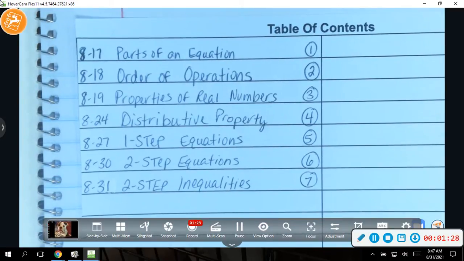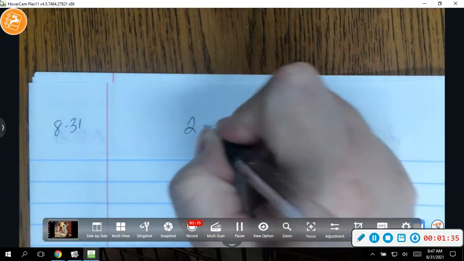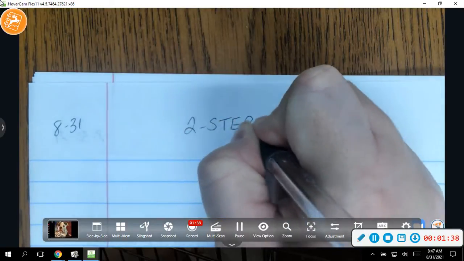So, after you put it here, you go to your next page, and you put the date, 8/31, and the title, Two-Step Inequalities. So what we're writing,